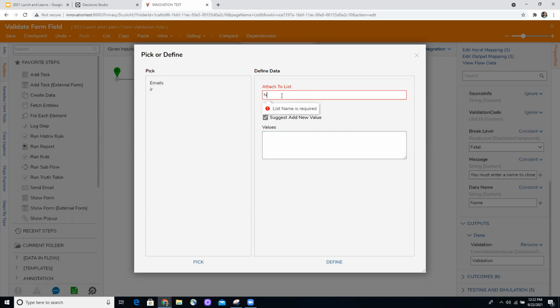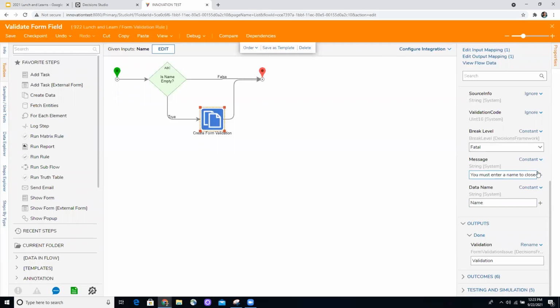So if I was to select name, or actually, no, this is emails. This should create a new list that I could select from. Or actually, that's probably a bad example because that one has to be the data name. So let me use this instead.